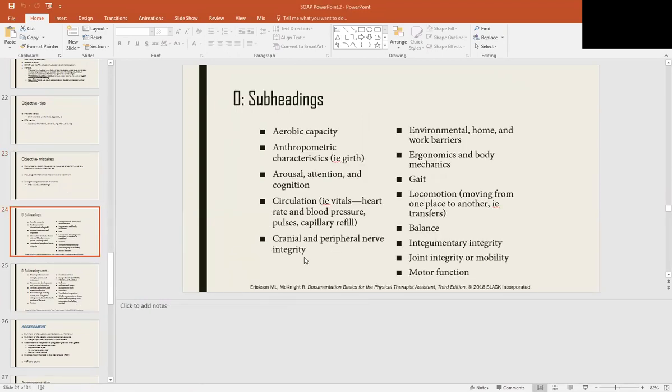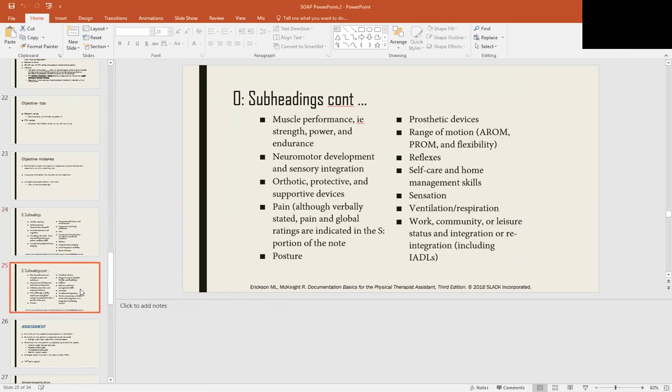So you guys can read through these subheadings: aerobic capacity, anthropometric measurements, arousal, attention, cognition, circulation, cranial and peripheral nerve integrity, environmental, home and work barriers, ergonomics and body mechanics, gait, locomotion, transfers, balance, skin integrity, joint integrity or mobility and motor function, muscle performance, strength, power, and endurance, neuromotor development and sensory integration, orthotics, protective or supportive devices, pain, and again, when the patient tells you about it initially